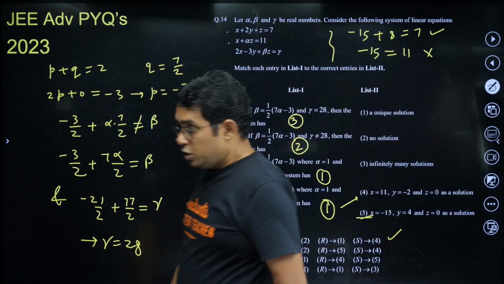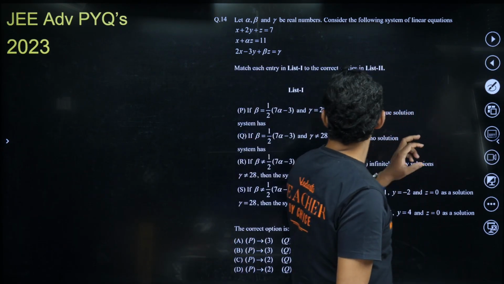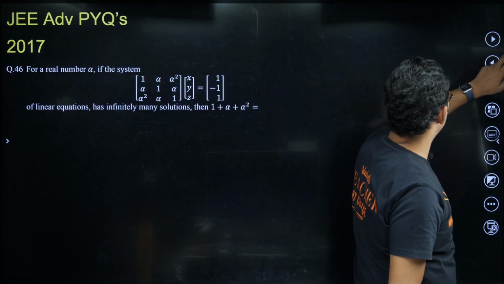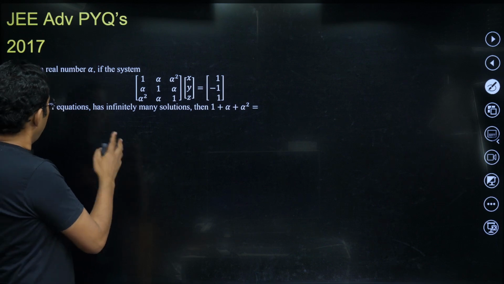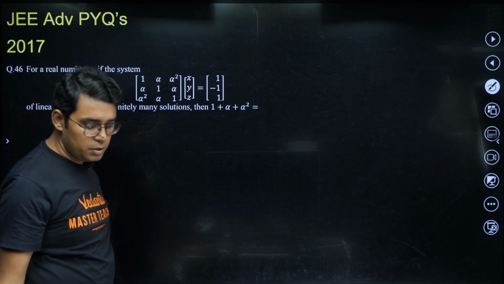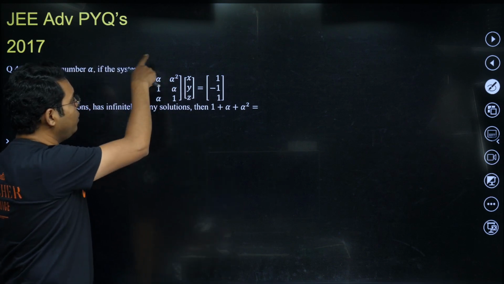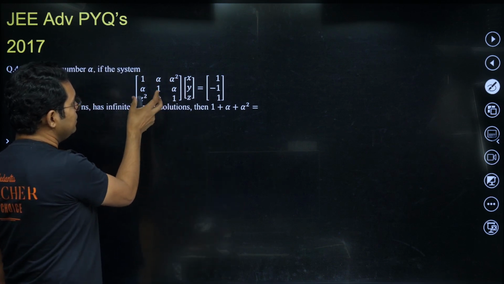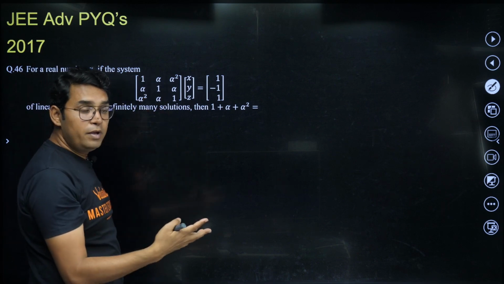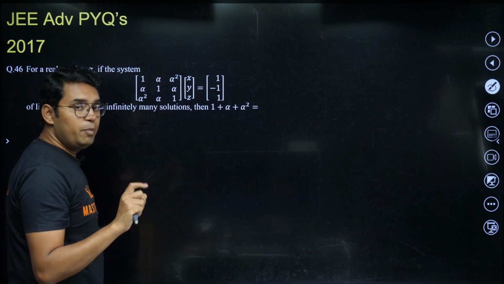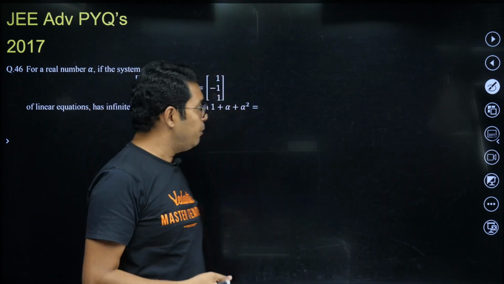Okay. So, bacho, last question. Actually, this question I kept for the last. It is a question from 2017. This question is just asking for infinitely many solutions. You may use the shortcut method, but I will suggest that in this kind of question, if you take P and Q, there will be 3 equations involving alpha and beta, and it may become a bit confusing. Although I have done it and it can be done by the shortcut method, I will still suggest